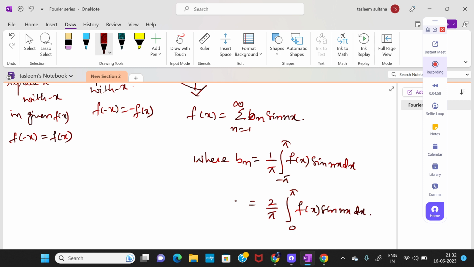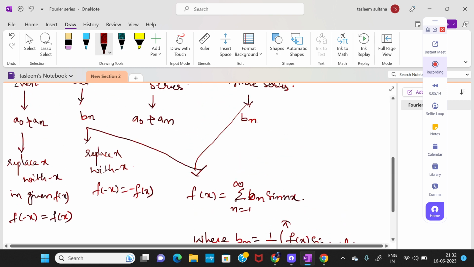When your function is odd and sine nx is odd, odd into odd will become even. Due to that reason, this 1 by pi gets changed to 2 by pi integrating 0 to pi f of x sine nx into dx. Now, when the function is even,